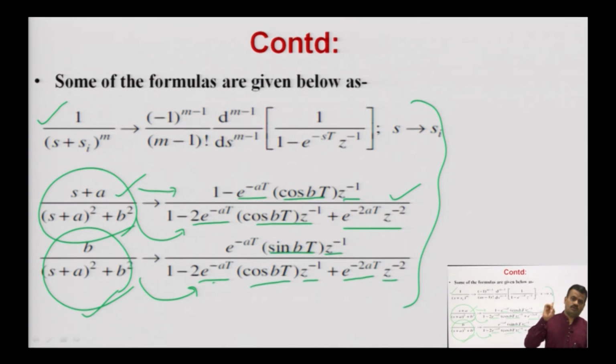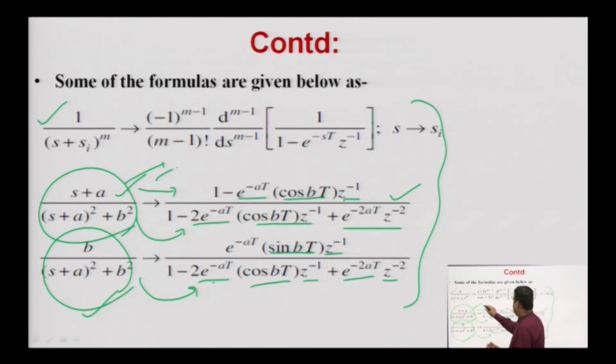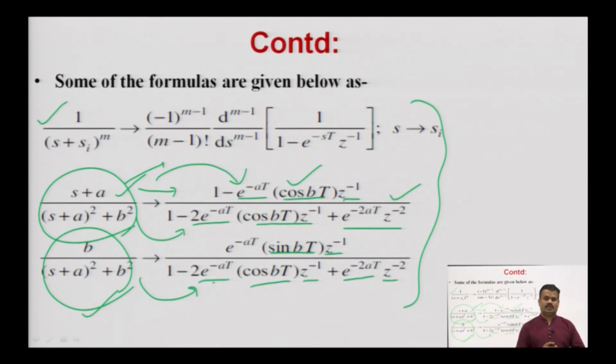So, you have to apply those 3 steps. First, you have to convert into its h of t. How is that possible? You have to take its inverse Laplace transform. After that, you have to do uniform sampling. Then you will get small h of n. Then finally, you will take the z transform. Then you will have the h of z, and you will get this formula only if you follow these 3 steps that I told in this lecture and in my previous lecture also in detail.